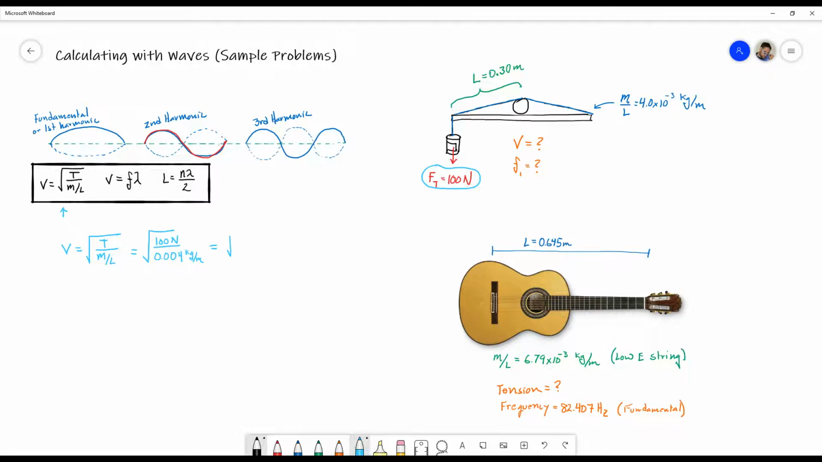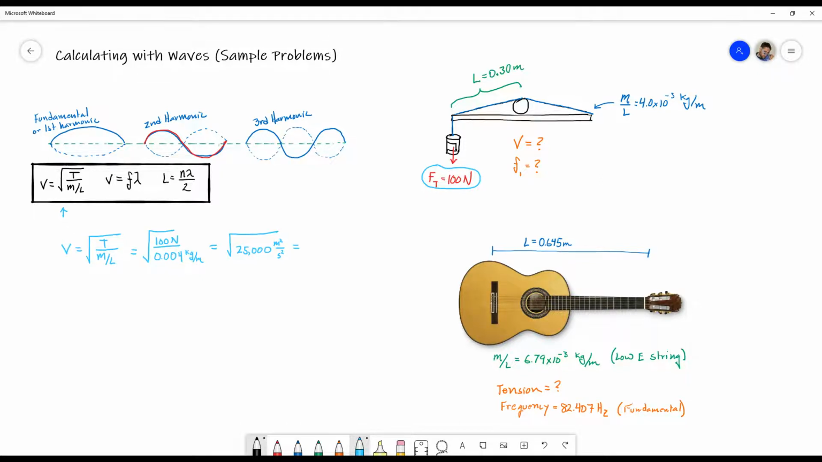So I'm going to take this, and this is 25,000 here. And if I work the units out, I end up getting meters squared per second squared, because you can break down newtons and make those things happen. And then if I want to solve this, I need to take the square root of that,